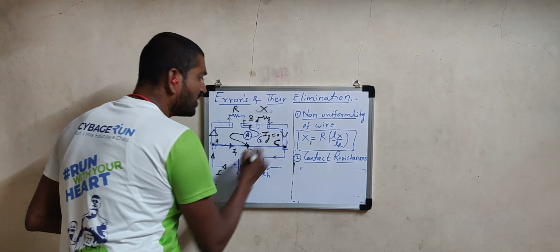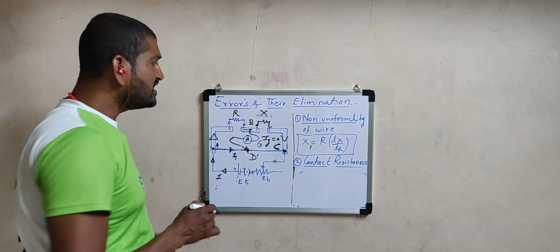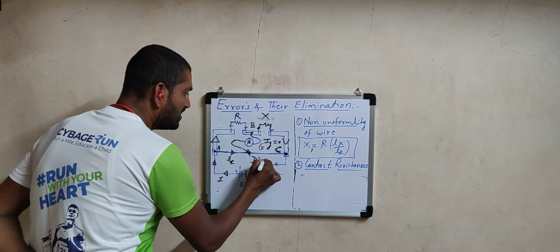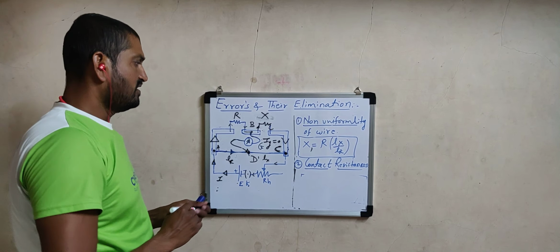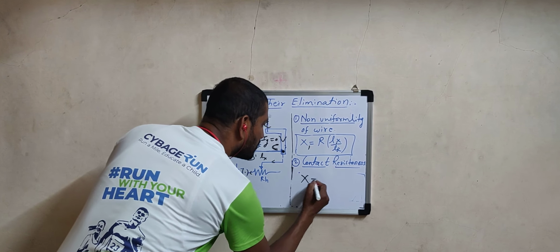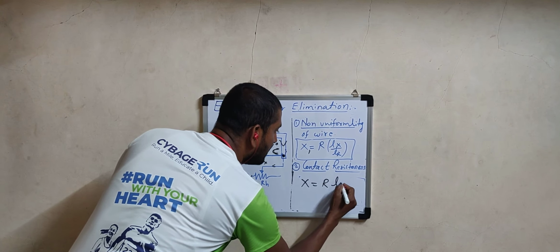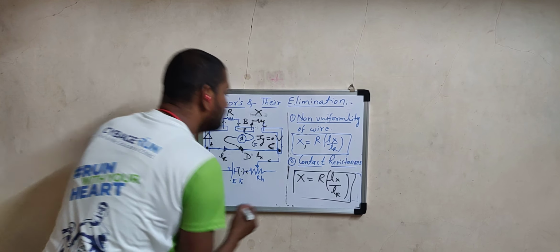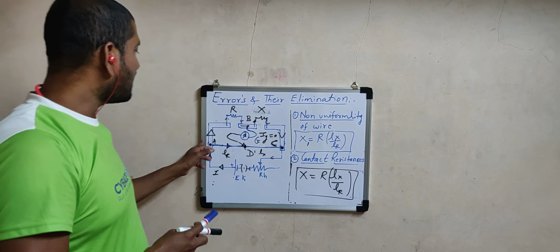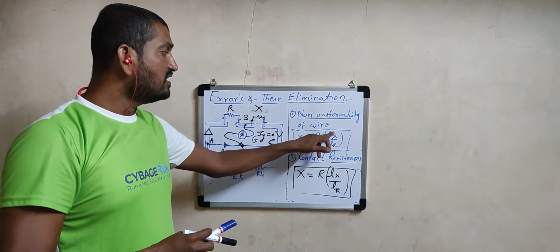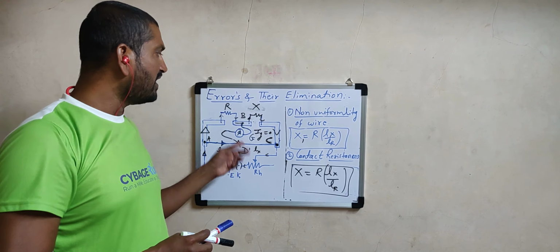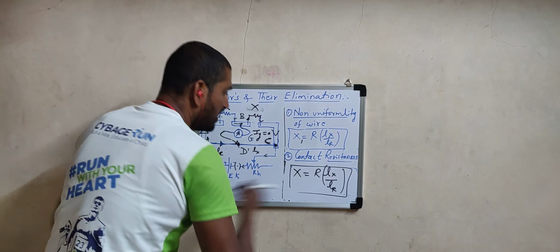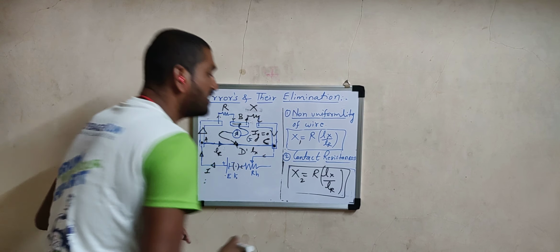Once that point is obtained, we can say that the meter bridge is balanced. Once it is balanced, again measure the balancing lengths. Now this length becomes LR and this becomes LX. Follow the same formula: X = R (LX / LR). You have to use the same formula. But now, if a contact resistance error is there, the balancing lengths in these two experiments after exchanging the two resistances will definitely change, and hence this value will slightly change.